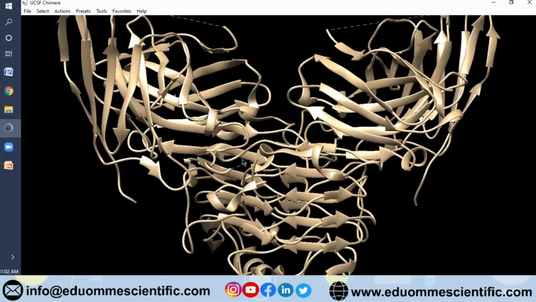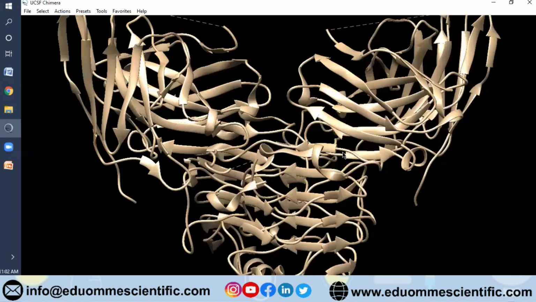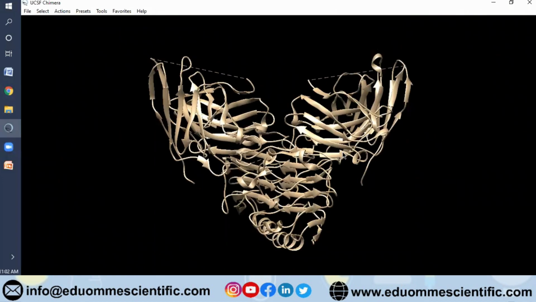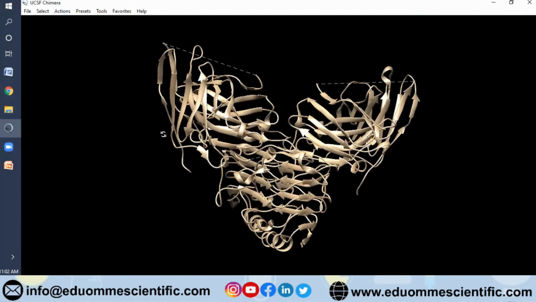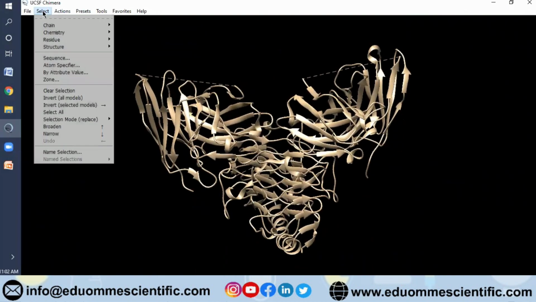So see, you can do this. Protein can be visualized here. If you want to zoom out, this can be done with the help of mouse and your touchpad. If you want to drag and these things, you can do these things. If you want to see how many chains they have, they are showing you chain A, B, C, D. So this protein has 4 chains.